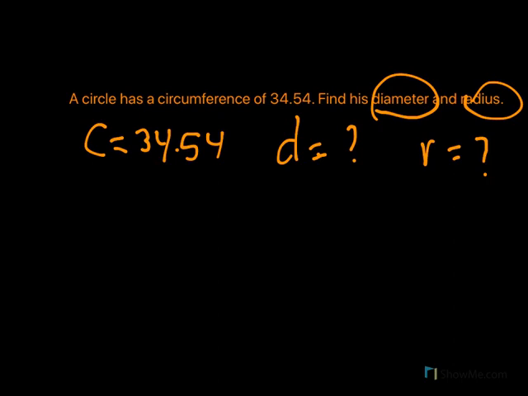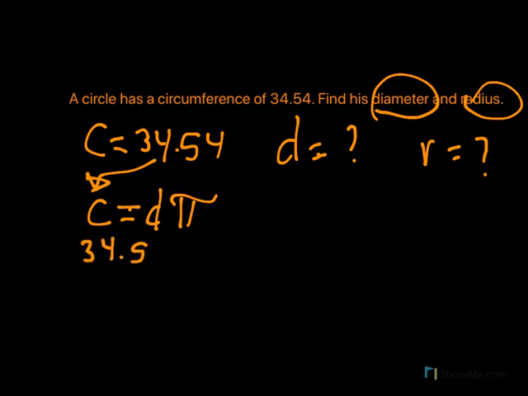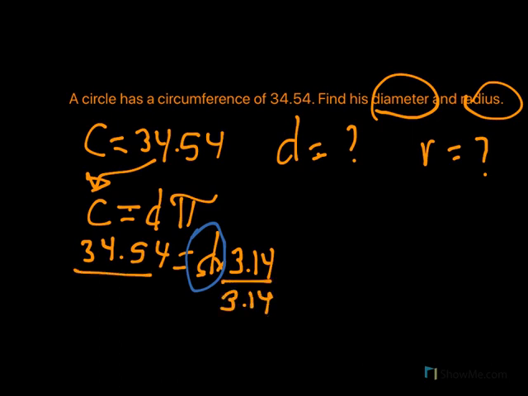We can go by the first one. C is equal to D times pi. Plug in your values. So it will be 34.54 equals D times 3.14. As we did in the problem before, we're going to find out my D. This is a one-step equation, so we're going to do the opposite operation of times. That will be dividing, so I can cancel this out, and then you're going to divide this by 3.14. And that's going to give me a D of